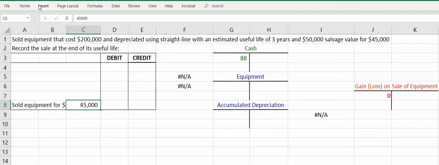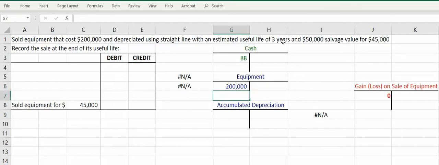In this video, I'm going to go over the sale of a non-current asset. So in this example, the company sold equipment that cost $200,000. So they have the cost of the asset on the books at $200,000, and they've depreciated over the last 3